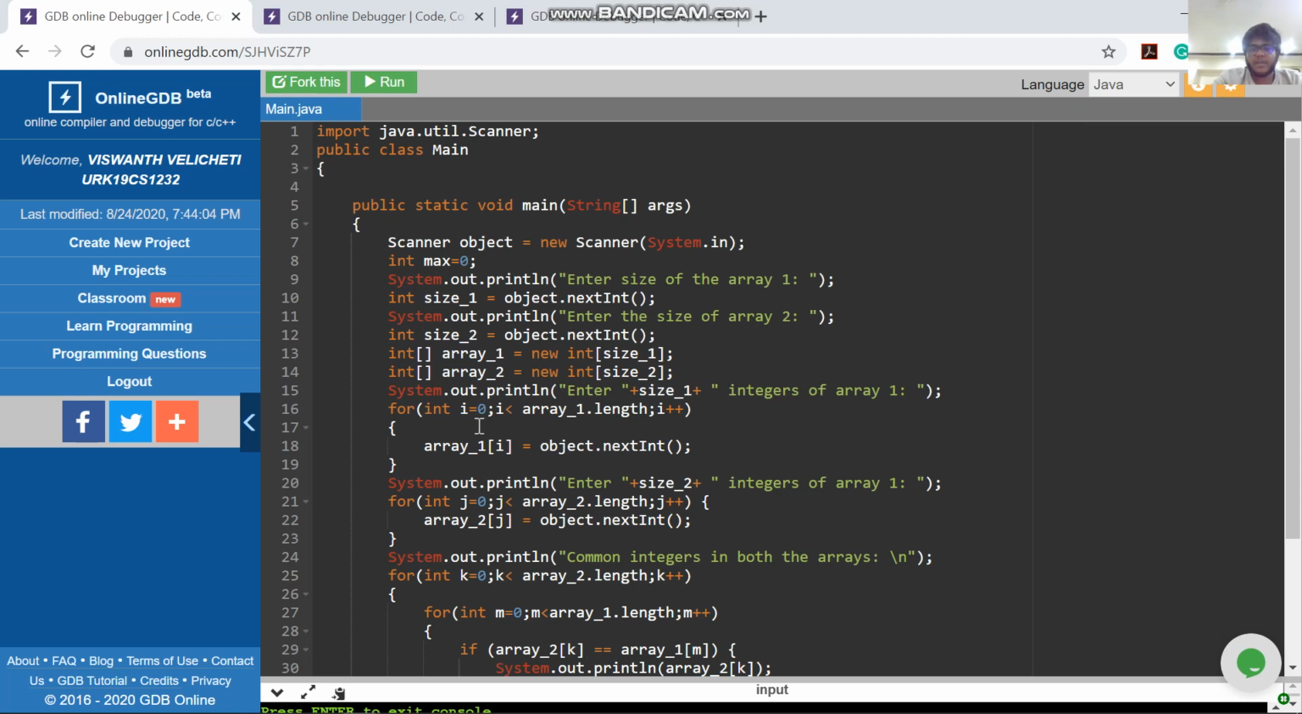For (int i = 0; i < array1.length; i++) array1[i] = object.nextInt(); and System.out.println("Enter " + size2 + " integers of array 2"); and for (int j = 0; j < array2.length; j++) array2[j] = object.nextInt(); and System.out.println("Common integers in both the arrays");